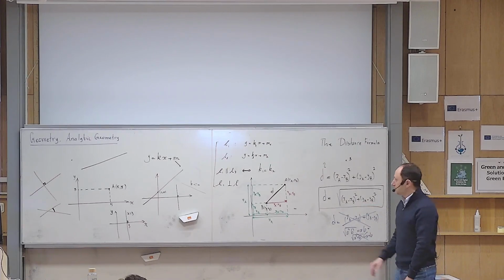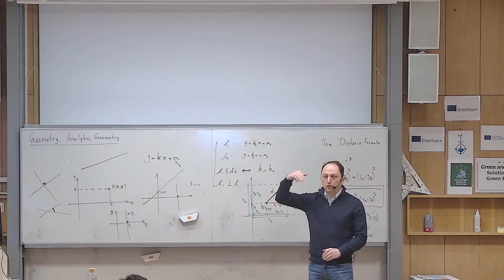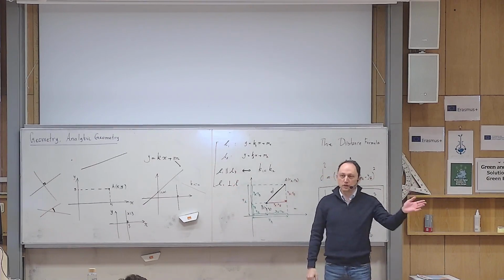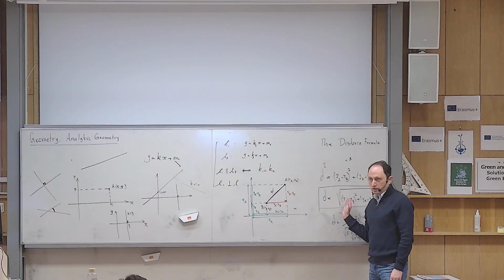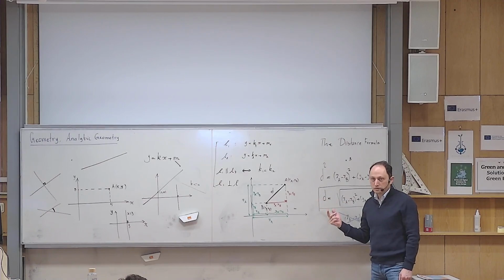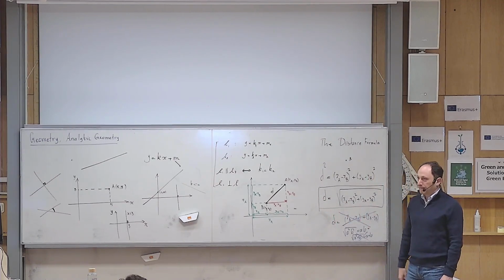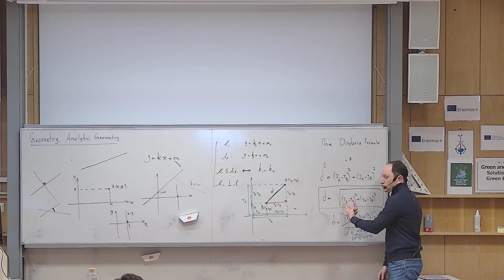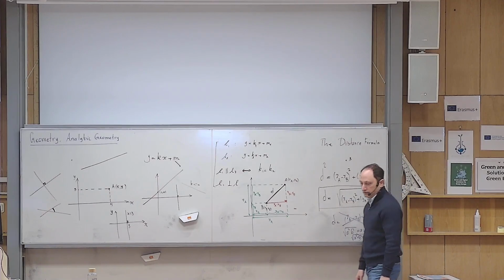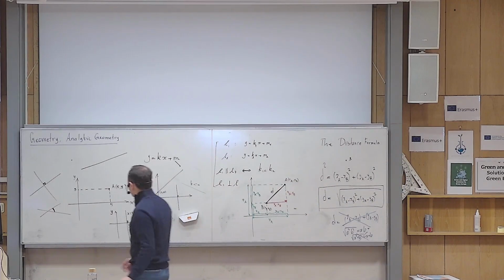So it doesn't matter if A is above B or on the right hand side of B or the other way around. Your formula is always this. Can you tell me why it is not sensitive to replacement? Let us imagine, let us replace. What happens? If I replace these two, the new one and the old one differ by, so if I ask you what is the difference